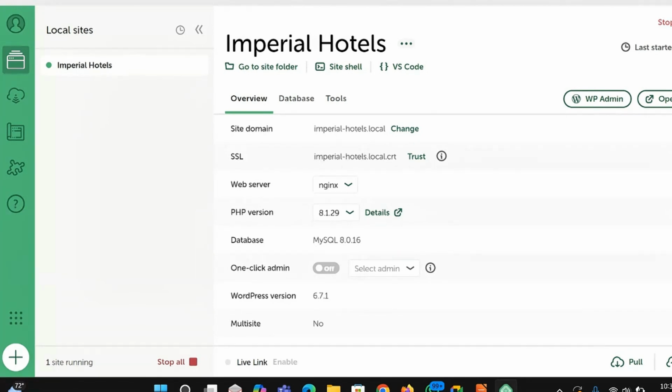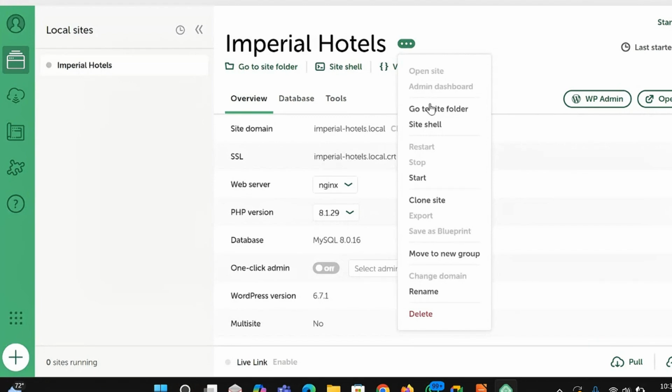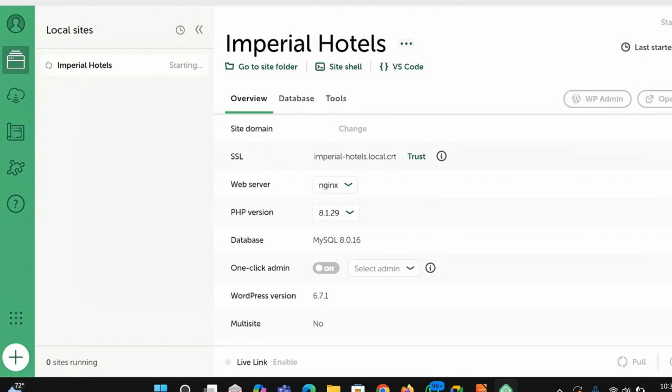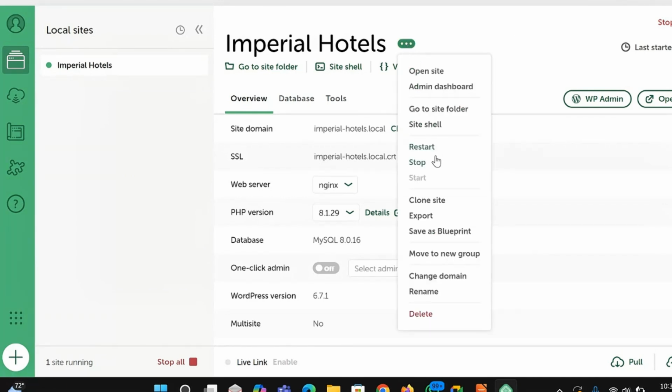There is a sign here that says stop. Once you stop it, it stops running. You see, then it says green, start site. Once you click start site, you can restart it, which means it has been running. So the stop site thing is what you see up here, that says start. Once you start the site, it starts running. What does it mean to start running? We shall see. But there is start there, and then there is restart here, in case it is acting up, I can restart it.